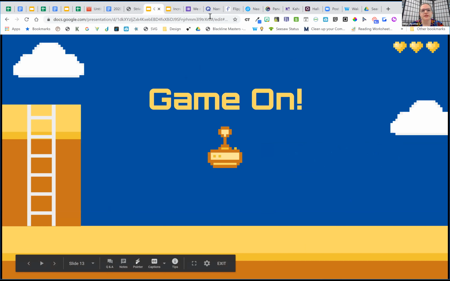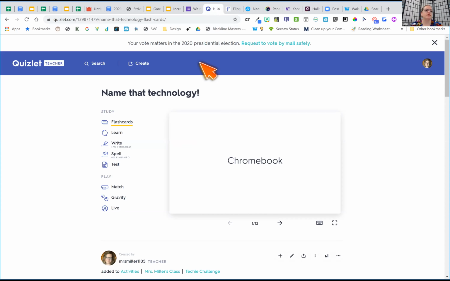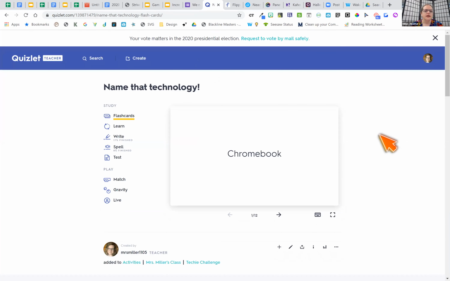So the first thing that I want to show you is Quizlet. You might have heard of Quizlet before, but I think about it kind of as online flashcards. It's a way for you to type in the vocabulary that your students are learning, and you can add pictures on there.